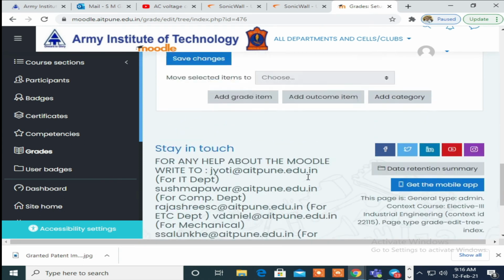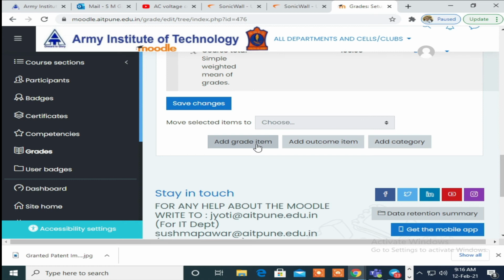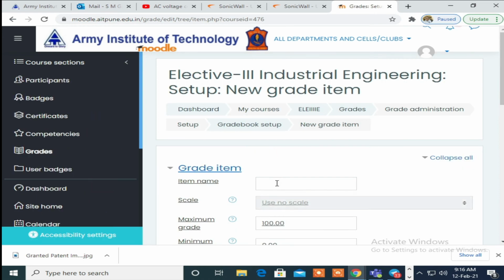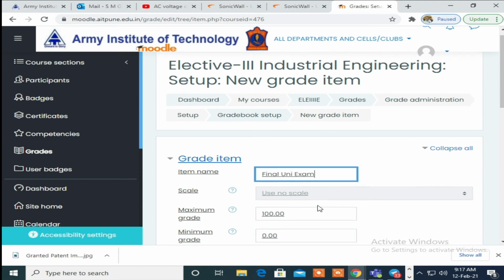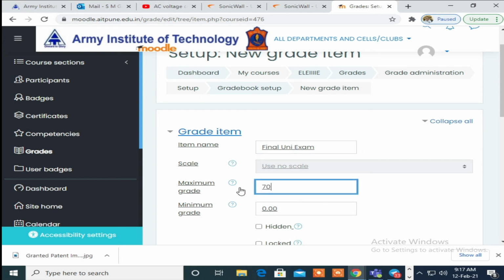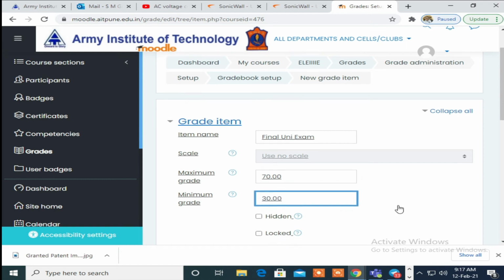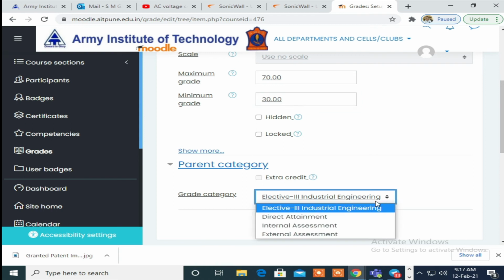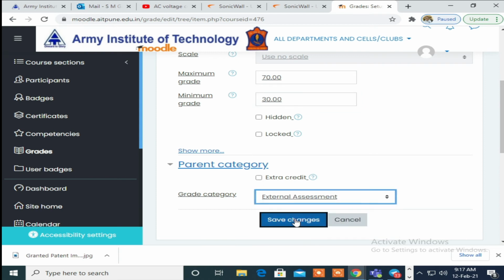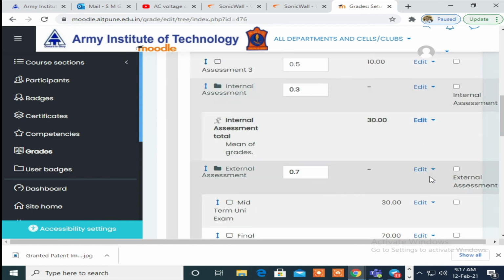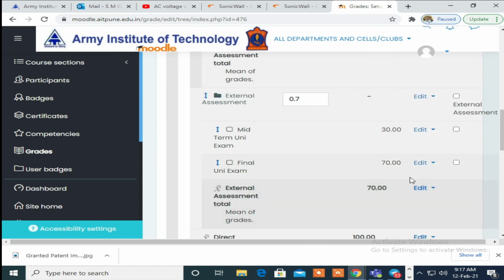Otherwise you can add one more item, that is grade book item, final university exam, of 70% maximum grade and 30% minimum grade, so 70/30, and it should be under external assessment. Okay, so this is the way we add internal assessment and external assessment.